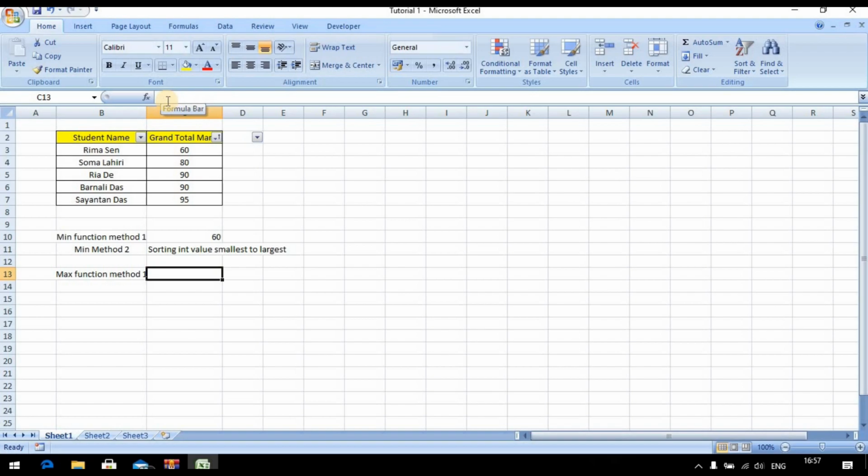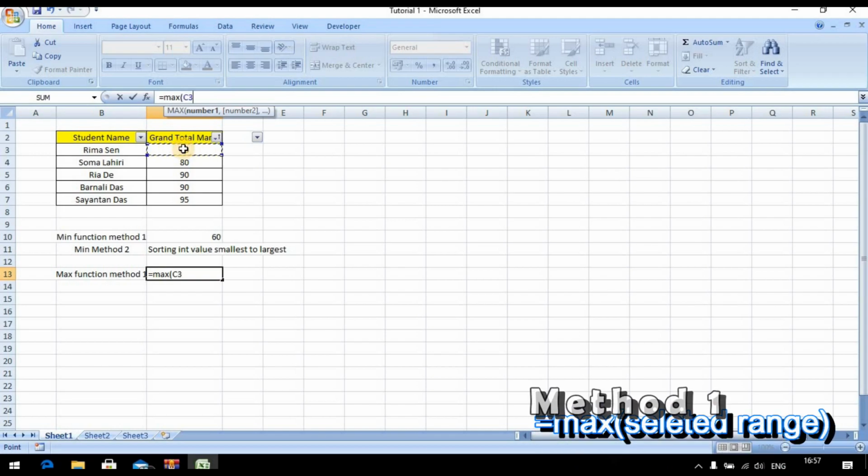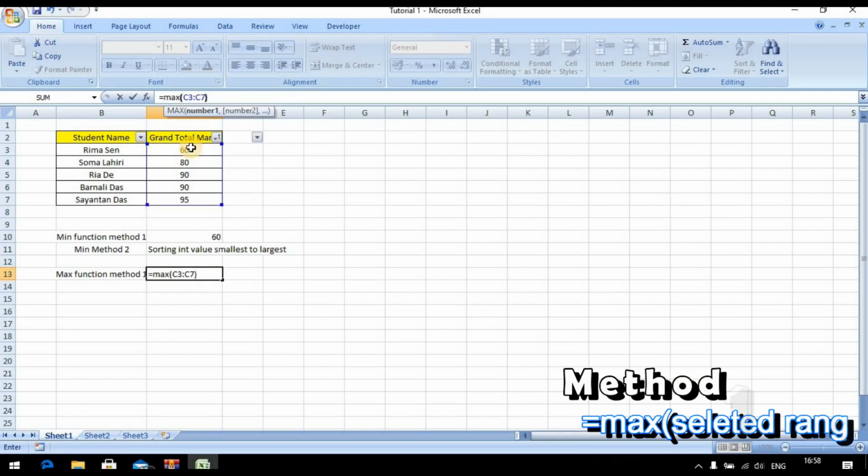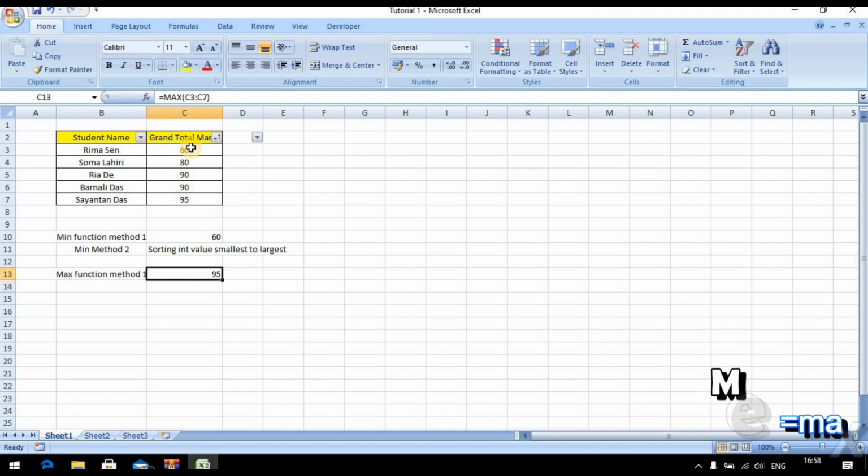We put equal to, then the function name max, then open bracket, and it asks for number 1, number 2 and so on. We want the maximum value from this table, so we put the starting range, colon, and the end range, C7, which is the cell address. Now we have easily found the maximum value from this table, that is 95.